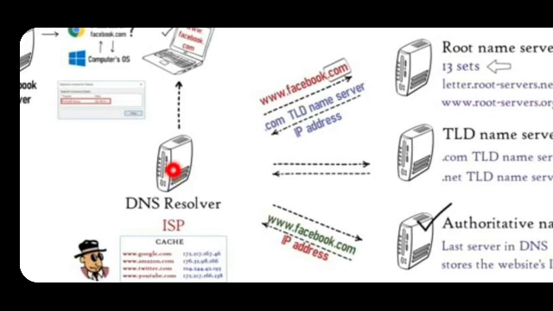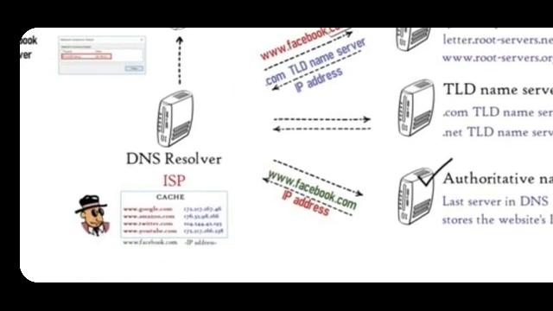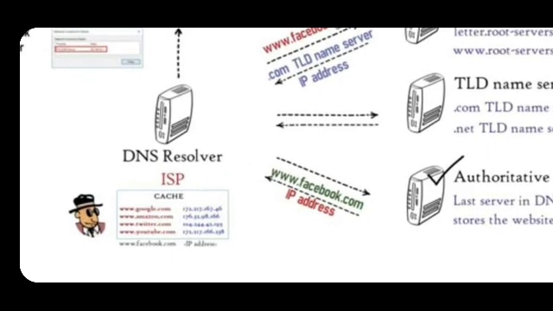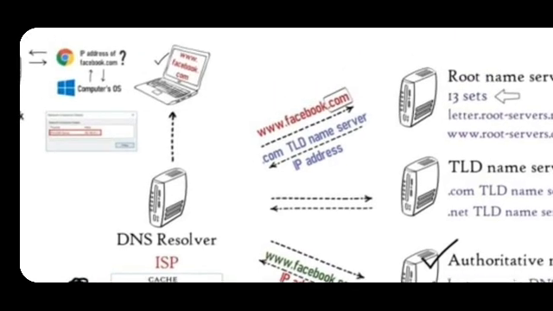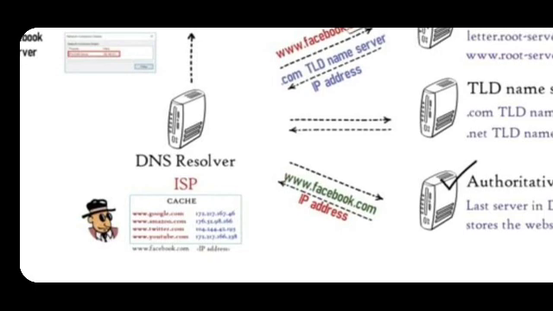Once the DNS resolver gets the domain name, it will check its cache memory. If the cache memory contains the DNS name that the web browser has requested, if the entry is made for the domain name and its specific IP address, then right here it will be able to reply with the IP address.